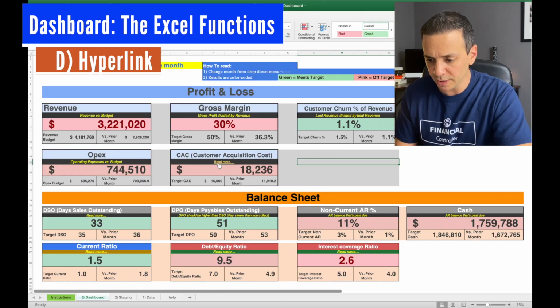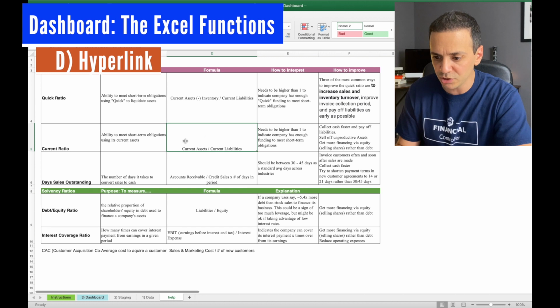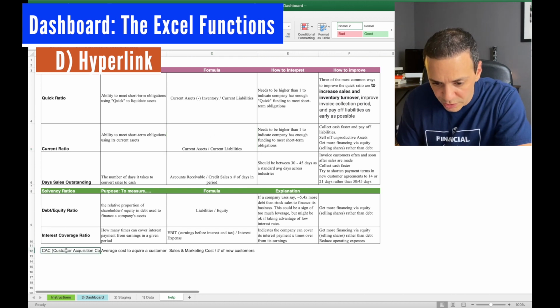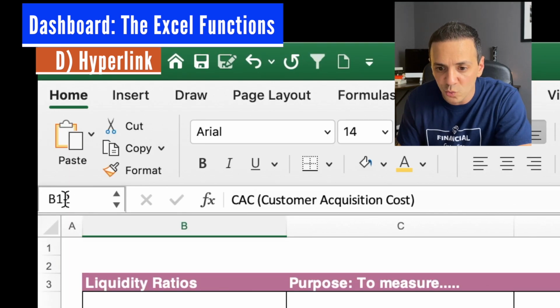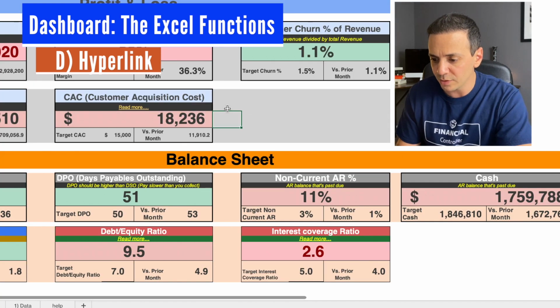So now when I click on it, it's going to take me to help, but it's going to take me somewhere random here in D4, right? But you don't want it to go to D5. You want it to go to this cell here, which is what? If I look up in the cell bar up here is B12, right? So I can just easily go back and go back to that cell,